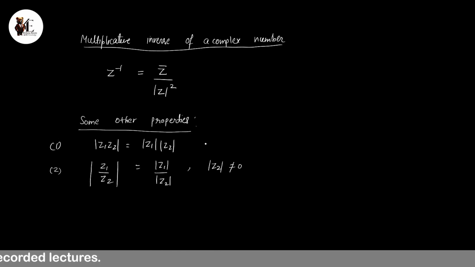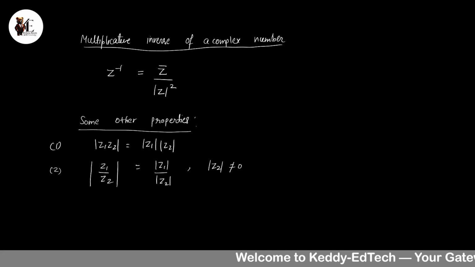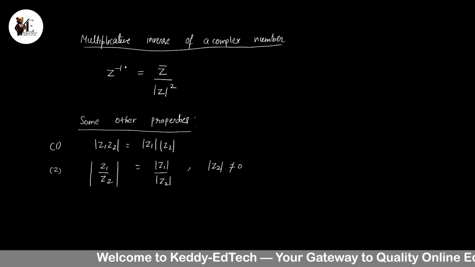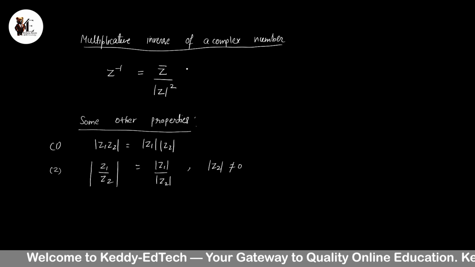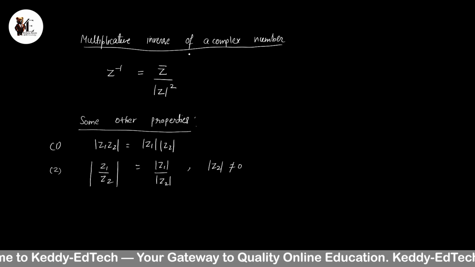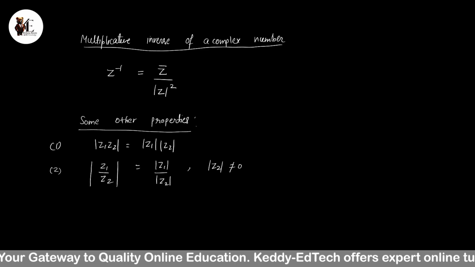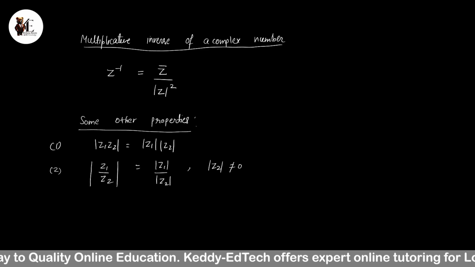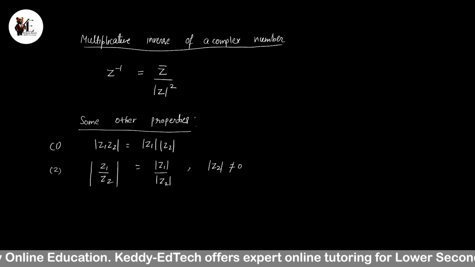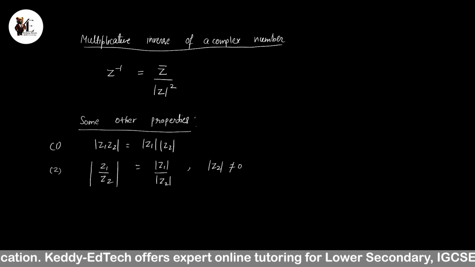To find the multiplicative inverse of any complex number, we just calculate the conjugate and the modulus. So its formula will be: in the numerator, you have to write the conjugate, and you have to divide it by the modulus of that complex number. Then there are some other properties which are very common, that if two complex numbers are in a product